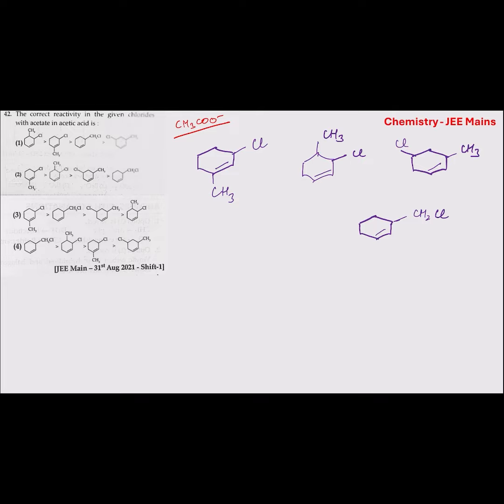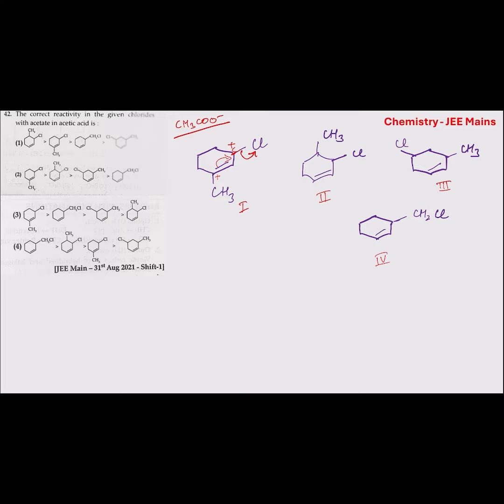Now in this case, this chlorine will leave as chloride ion. There will be a positive charge on this carbon atom present here, and this positive charge on the carbon atom will be delocalized due to the presence of these pi electrons. So pi electrons shift here and the positive charge will be delocalized at this position, because of which this carbocation is stable. Similarly, in this, let this be compound 1, compound 2, compound 3 and compound 4.